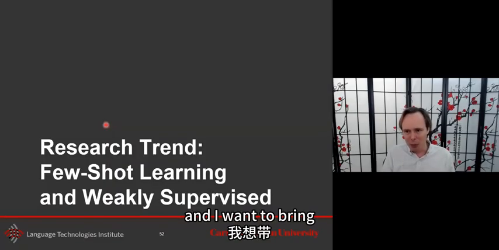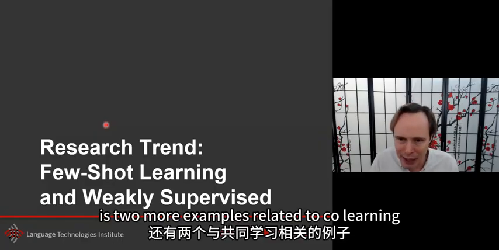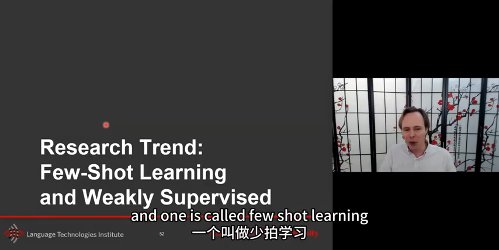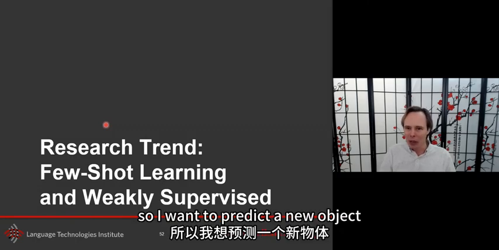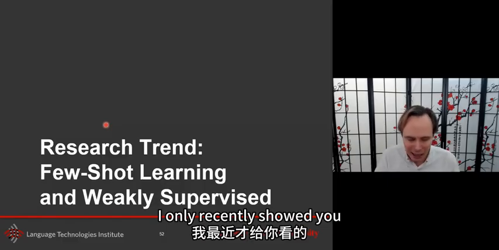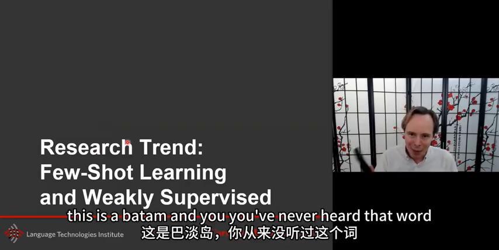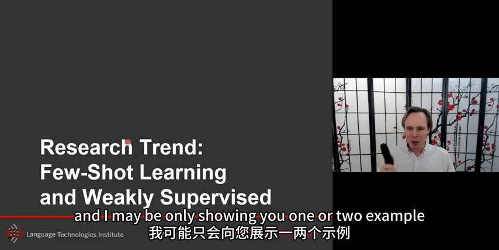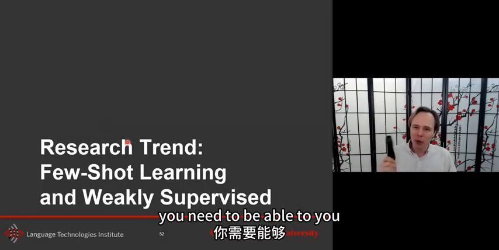And I want to bring, and that's probably where I will stop for today, two more examples related to co-learning. And one is called few-shot learning, the idea of learning with very few examples. So I want to predict a new object. I recently showed you, this is a Bartam. This is a Bartam, and you've never heard that word. And I may be only showing you one or two examples. And then later on, you need to be able to